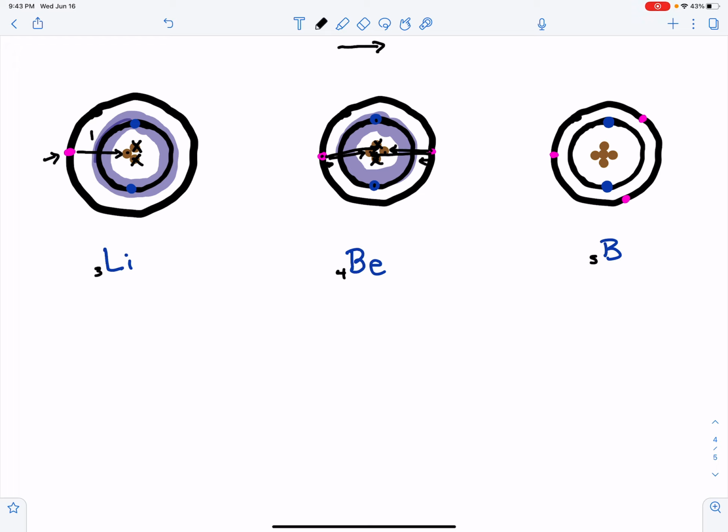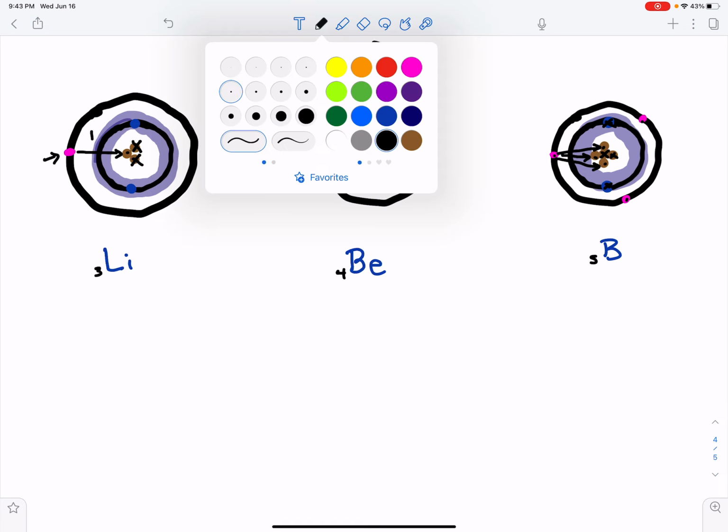Now we're going to jump over one more atom. And this one has the 1, 2, 3, 4, 5 protons, and then 1, 2, 3, 4, 5 electrons. And then I'm going to cross out 2 in the center that are going to keep an eye on these inner electrons, and then they cause all this shielding to happen. So now, at any point in time, this electron can be pulled in by this proton, and this proton, and this proton. Let me change colors.